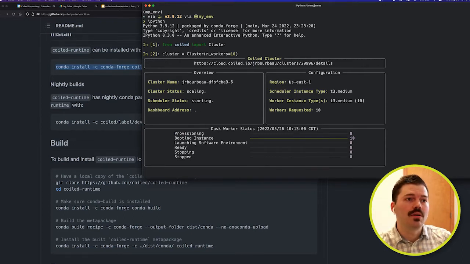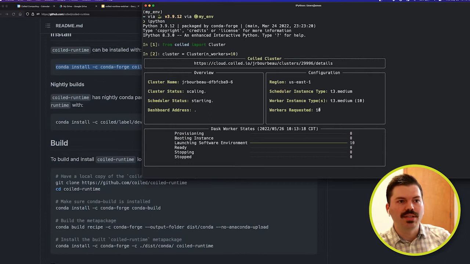So I can see the region I'm launching in is US East 1. That's the default region. That's configurable if you happen to live in Europe or the West Coast of the United States, for instance, and you like your clusters to spin up somewhere else. The default instances here are T3 medium instances on AWS. So those are getting spun up, and you can see here's my 10 worker requests, or my 10 workers that